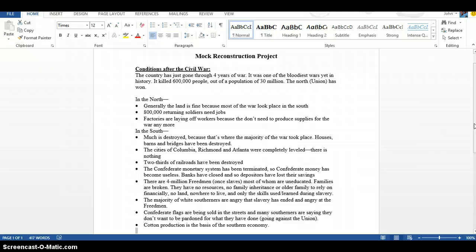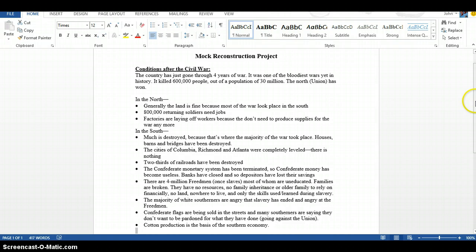So now what's going to happen is this. You and a partner, I would say at this point, no more than 2 people in a group. If you want to work by yourself, that's totally fine. You're going to put the country back together. I'm not going to front load and tell you what happened. We're going to talk about that after you guys have done this and we've presented it. I don't want you clouded by what you might see or by what you would have read. I want you to go at it with just what you think is going to happen.